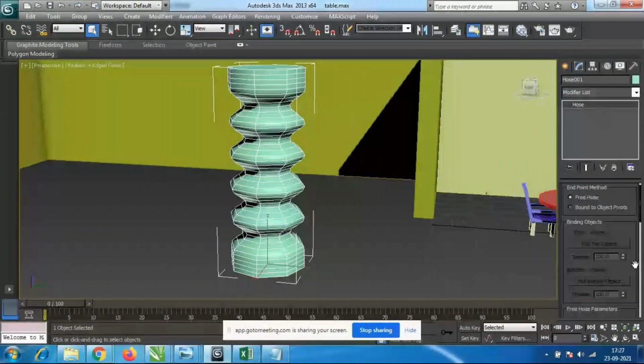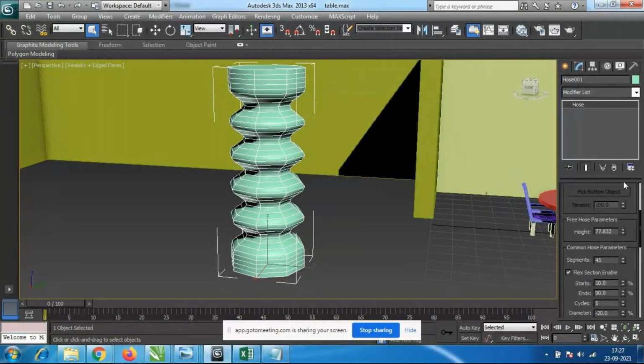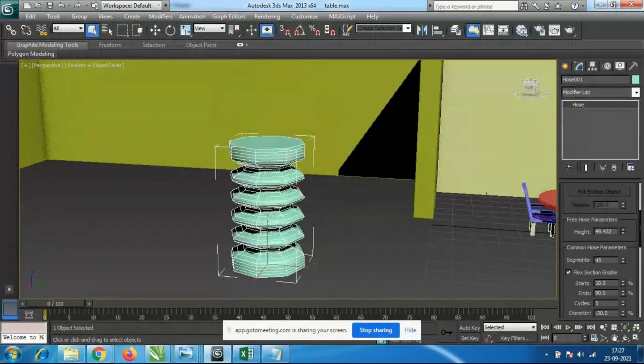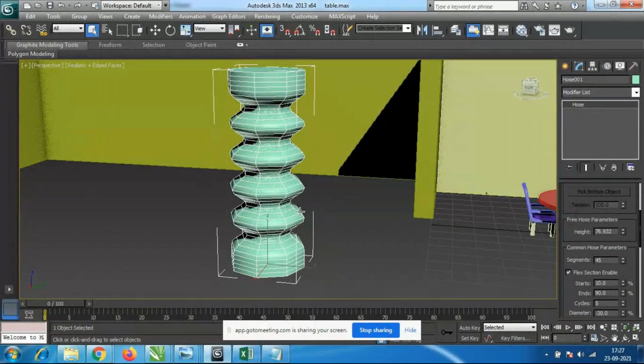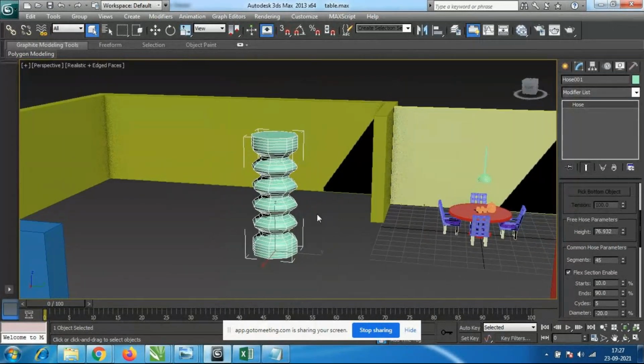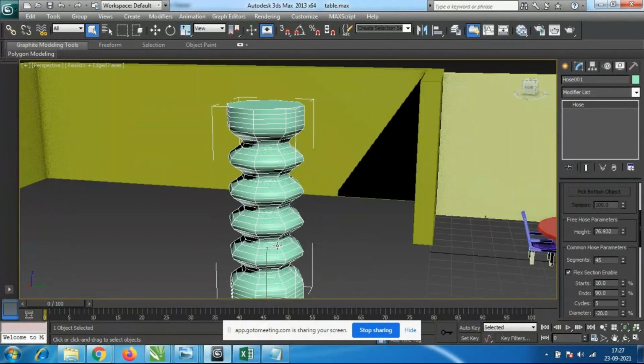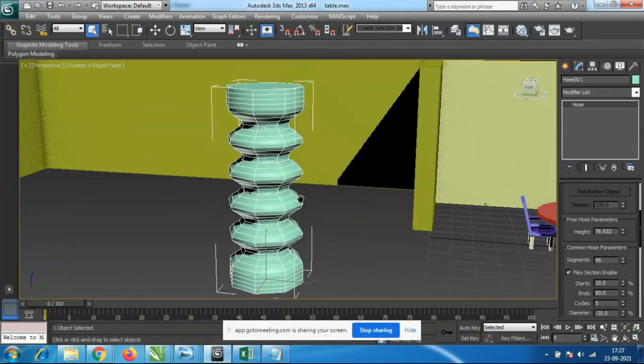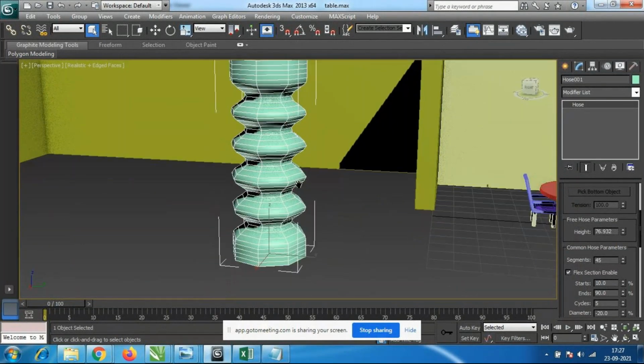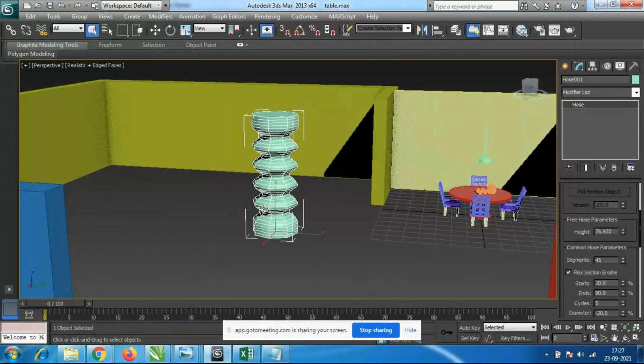Look here, free hose parameters. I adjust the height, how much height you want, you can make it. So whoever has not created the table and chair till now, what you people have to do is use this one for table and chair. Okay, see here, this is the option.